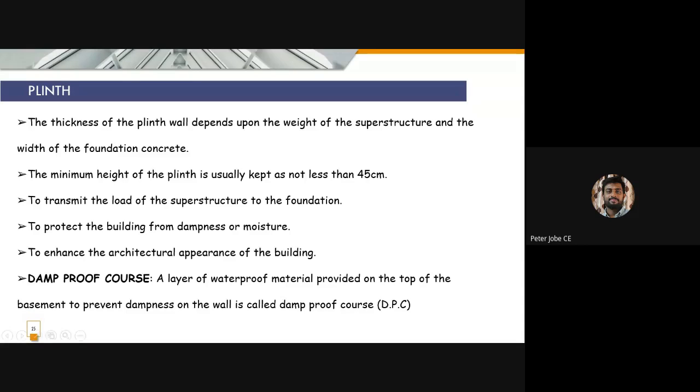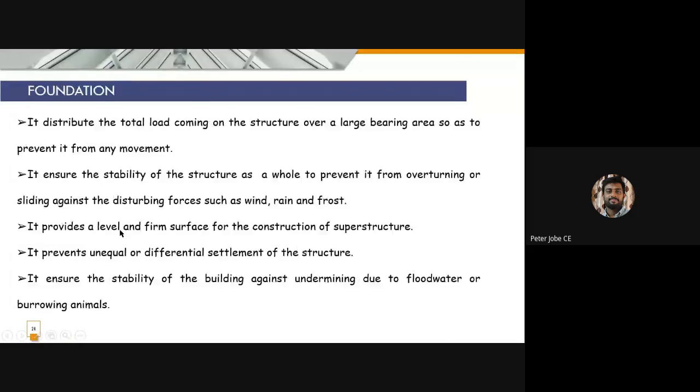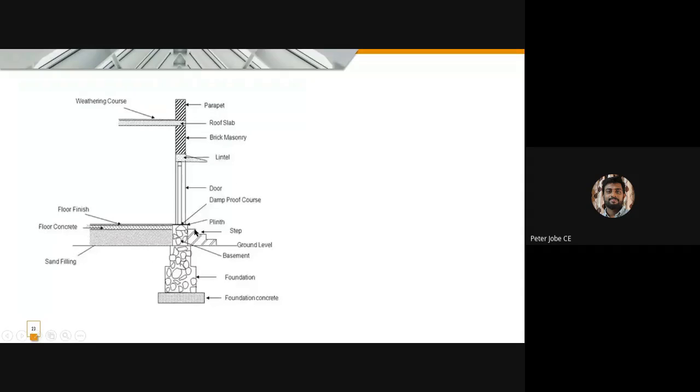And next is the damp proof course. You need to understand that a damp proof course is a layer of waterproof material provided on the top of the basement to prevent damage to the wall. It's called a damp-proof course. So you can see there's a small damp-proof course above the plinth level, but below